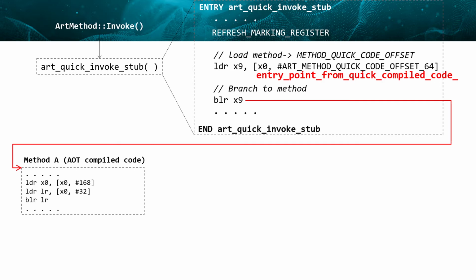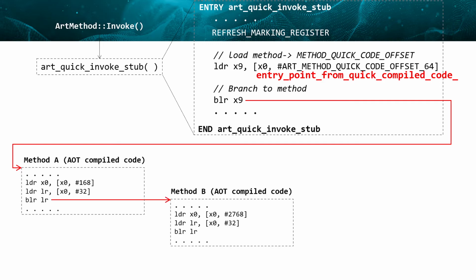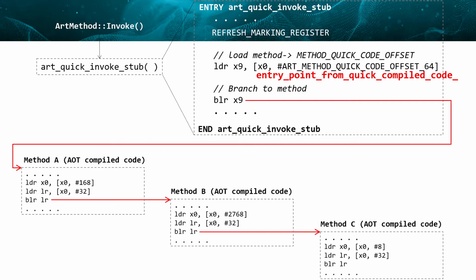Let's call this compiled code A. Then A directly calls the address of the next function B, which is in compiled code. Again, B directly calls the address of the next function C, which also exists as compiled code. Unlike the call structure we saw before, you can see the direct call from memory to memory when compiled code